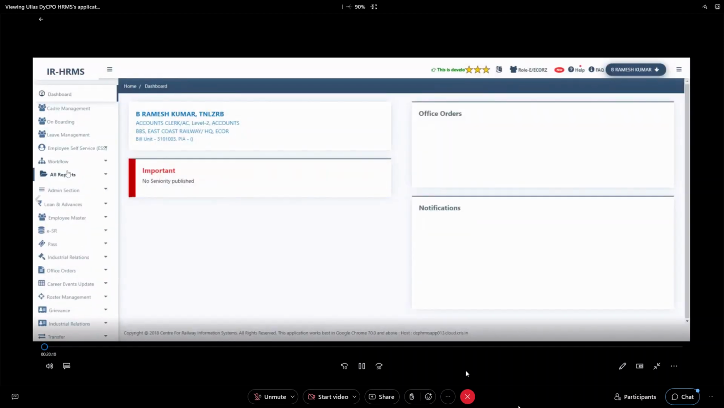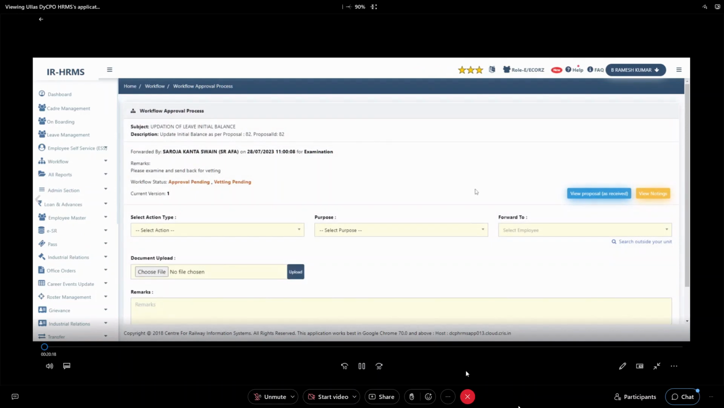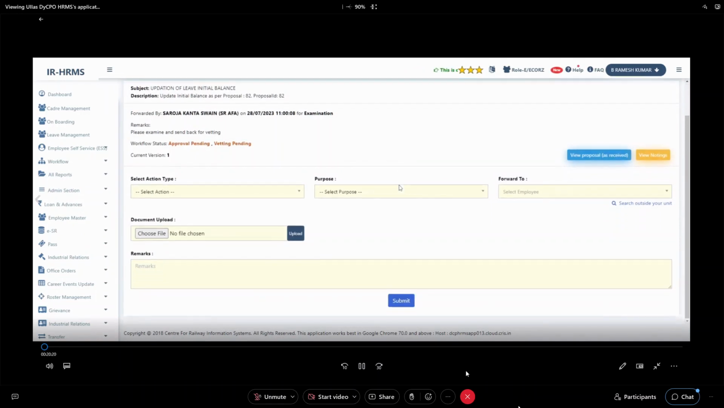Now I go to workflow to see the proposal which is pending. So this is proposal ID 82 received for examination. I am supposed to examine this and get back to my boss. So I have the option of